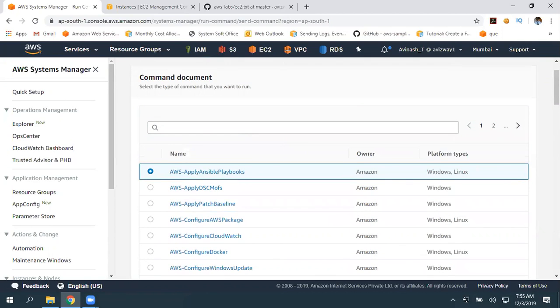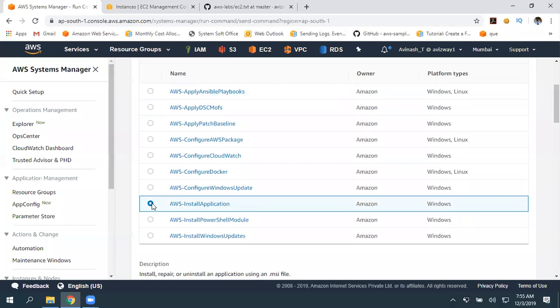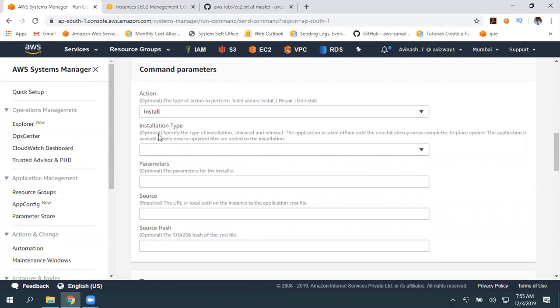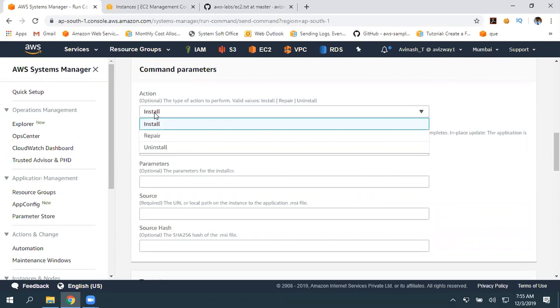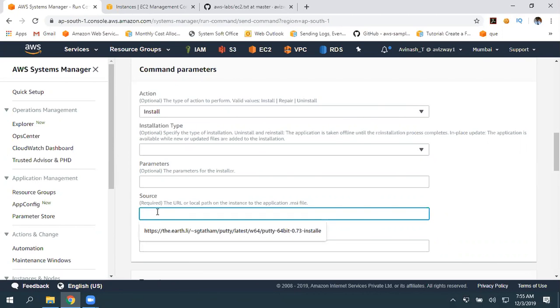I'll take you through a couple of important ones. First, install application. If you want to install any application, you can simply use this feature. Scroll down here. We want to install, repair, or uninstall. You can select that. And what is your source file? The .exe or .msi file. Get that location here. Again, if that is on your local machine, there is no option to browse it.